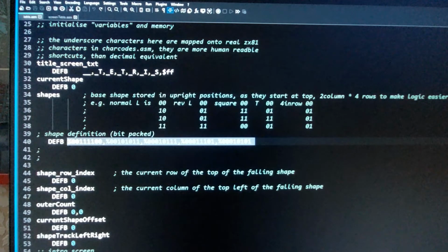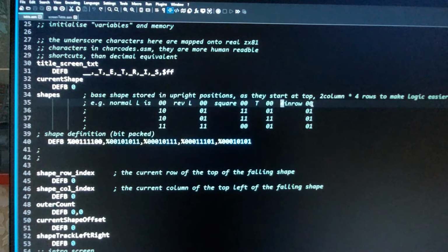shape definition. So, you know, in Tetris you've got the L, reverse L, square, T shape, and sort of a 3 in a row. I think it's meant to be 4 in a row in Tetris, but as the coincidence there, it should be 4 in a row, but I'll explain in a little bit why I've got these 2 zeros there at the start of each shape. So this is all bit packed now. You can see these definitions. So that's the square. You've got